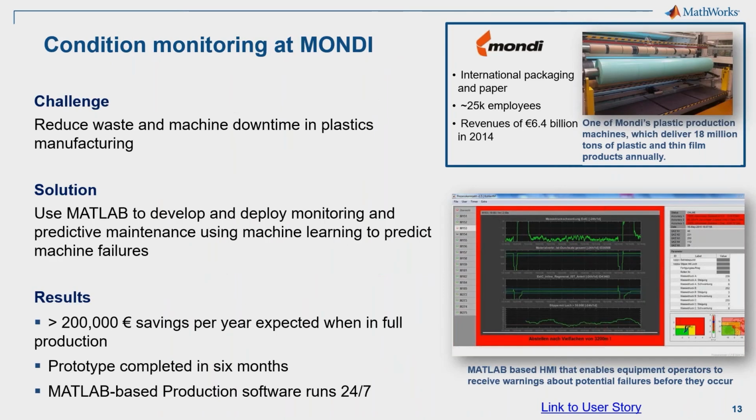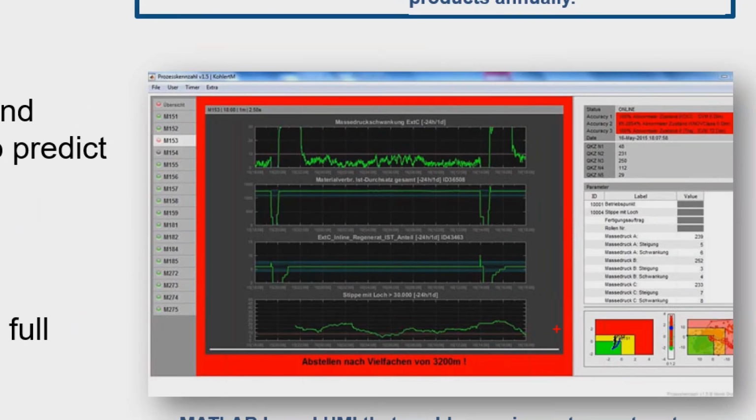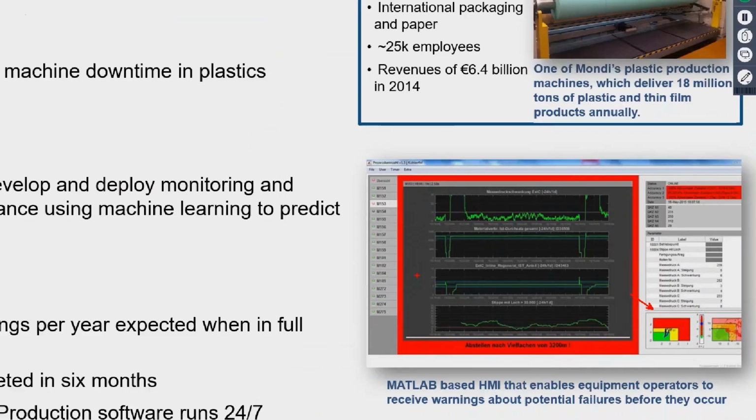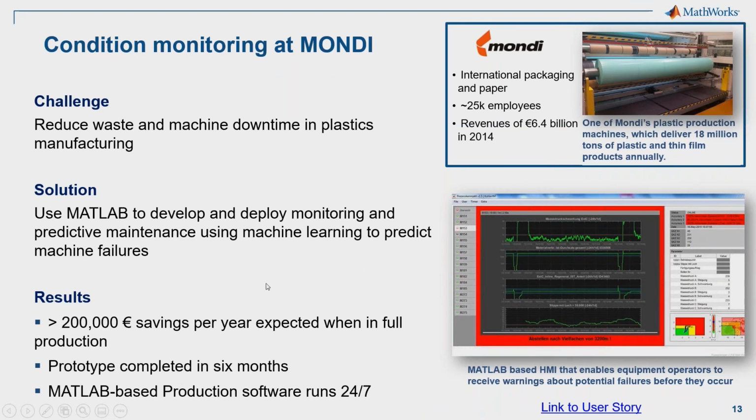All right. So one good example of this is one of our customers called Mondi. They're a manufacturer of plastic and paper, and they built out a condition monitoring system very similar to what we just described. If you look at these pictures down in the corner, these should look kind of familiar, right? And they're able to monitor the current conditions of machines and just bring them down when they're needed, rather than just arbitrarily. And they're expecting huge savings when full production is set up, and they're able to very quickly build out a prototype in MATLAB and be able to deploy it out into production very quickly.